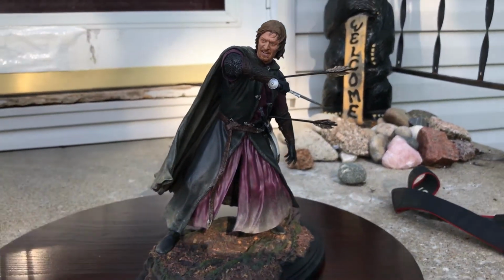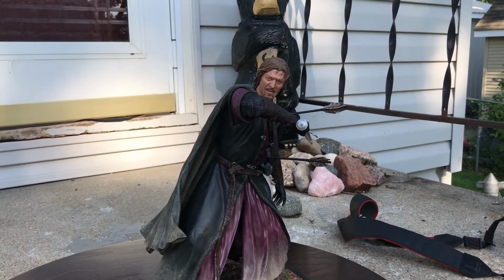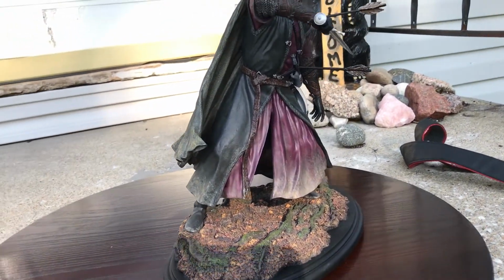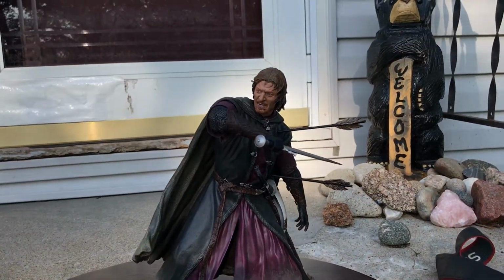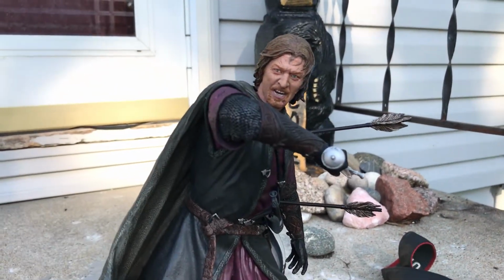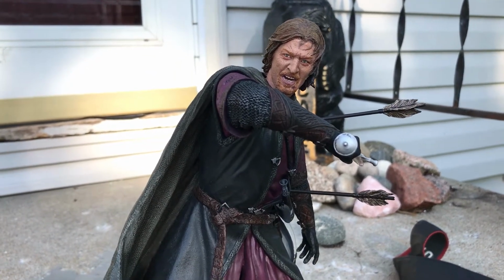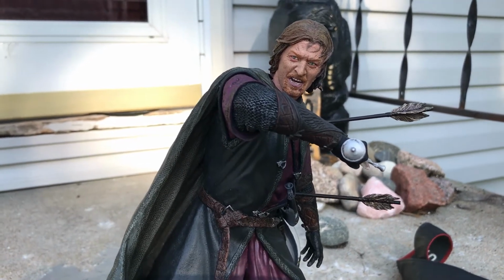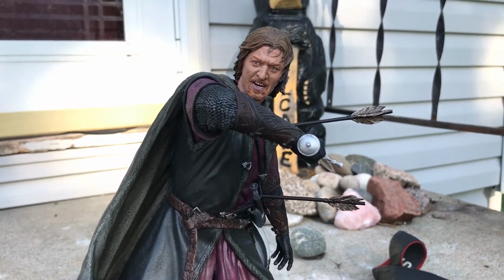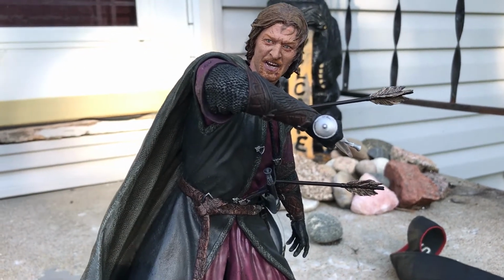Okay, let me back up here and give you a look. Alright, so like I said in the intro, sculpted by Jane Winley, who, as you know from watching the Eowyn video, also sculpted that piece. So a couple of new ones from her, and like I said in that intro, I really like to see some fresh faces in this, just because it's interesting to see their take on some of these